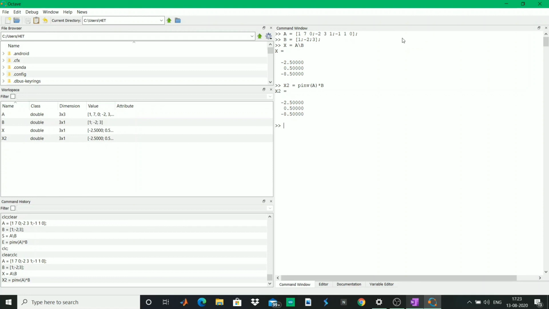In the next video of this MATLAB Octave series, I will be presenting some very important applications of division and multiplication of matrices, and also some examples which would help you get a better understanding of how to use matrix division and multiplication, because they are the most often used operations when you solve engineering problems and all kinds of equations in MATLAB and Octave. So this much for this video, and we'll be meeting in the next video.